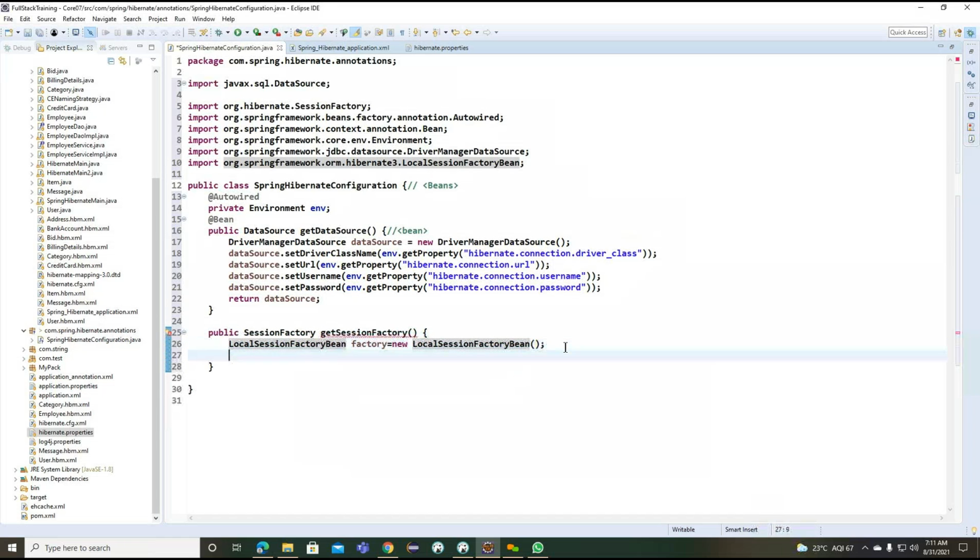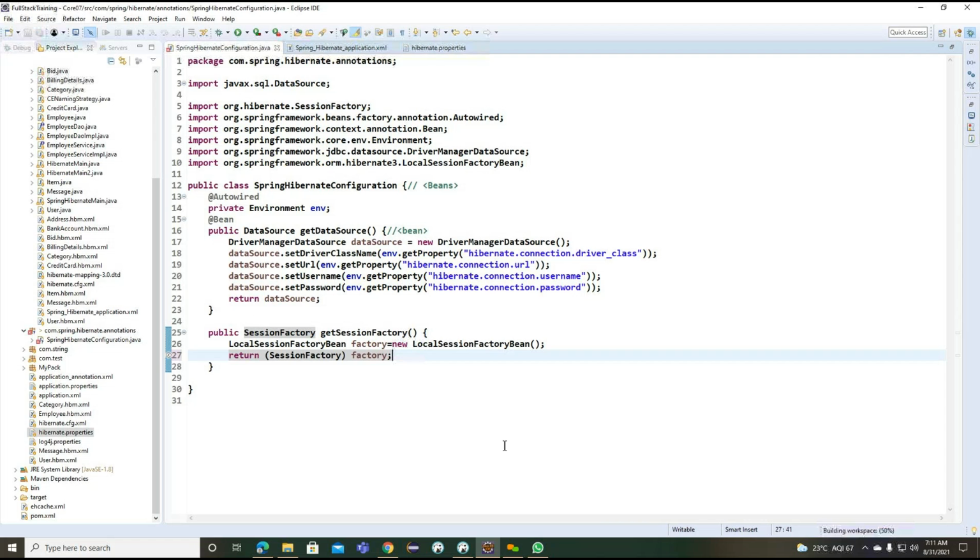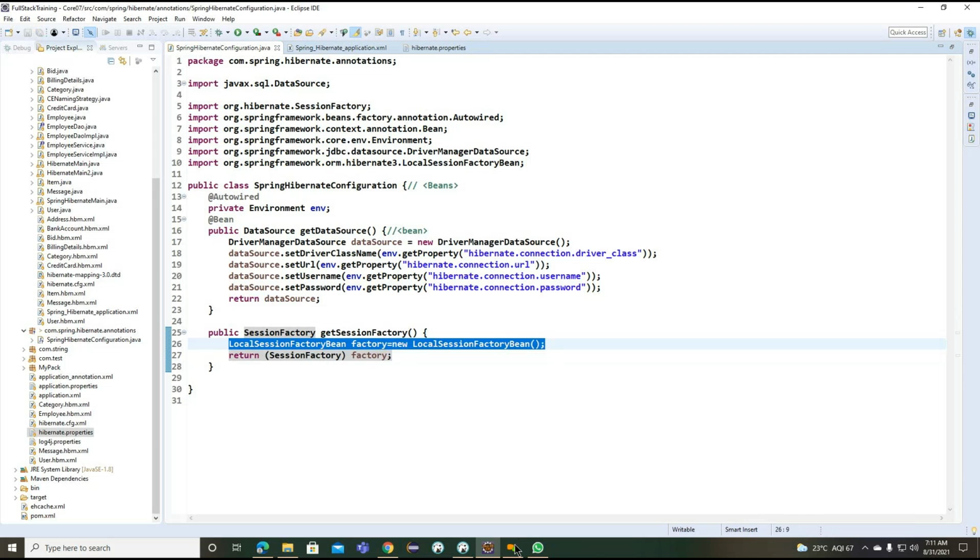Right. We created the local session factory bean. Okay, now if you observe carefully, we just created the object for this local session factory bean.